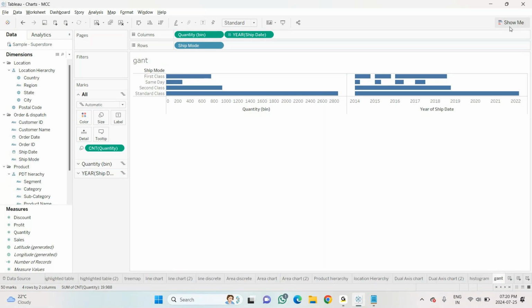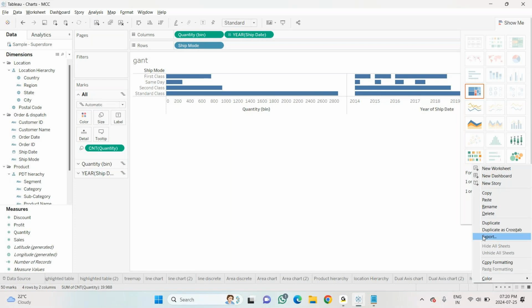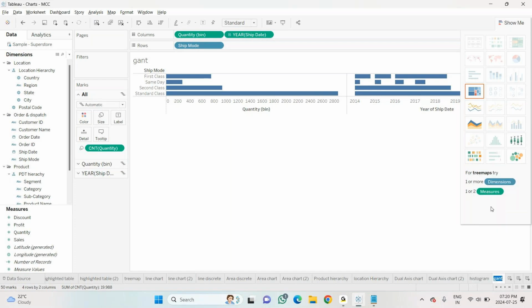You have an option here, Gantt. One is showing the total, the other one is bifurcating itself. This is called Gantt.